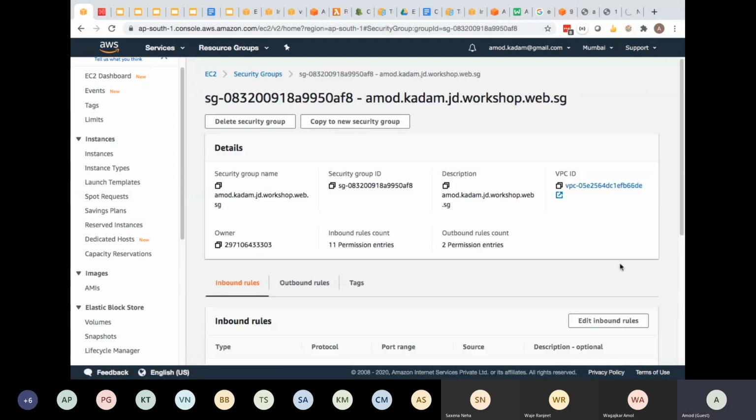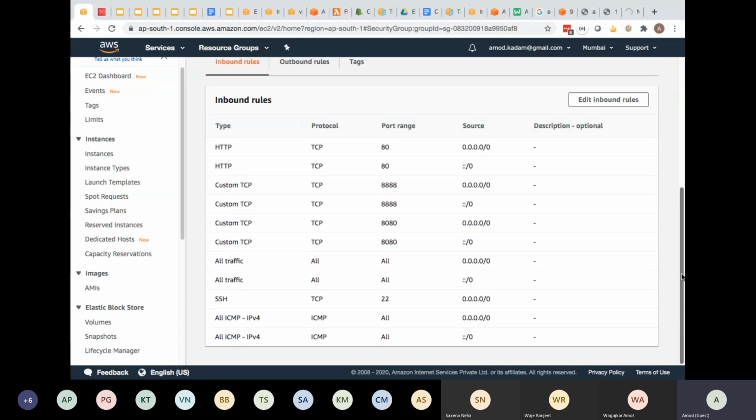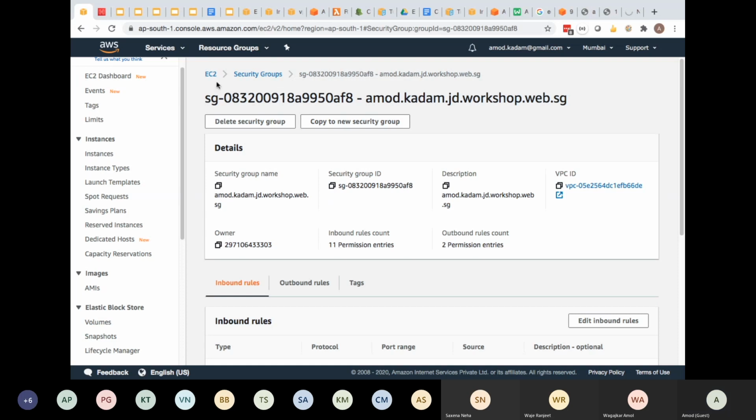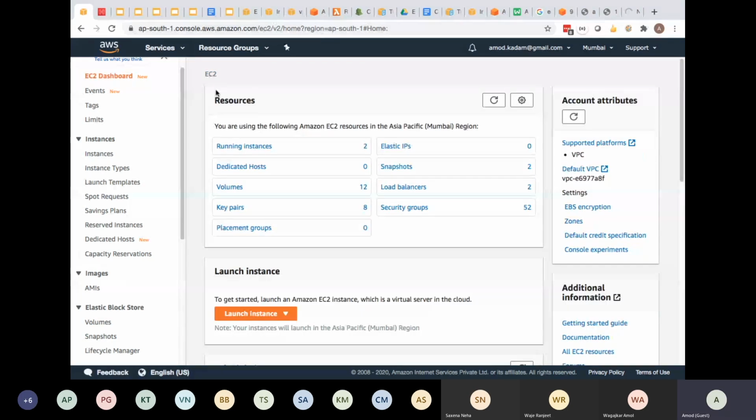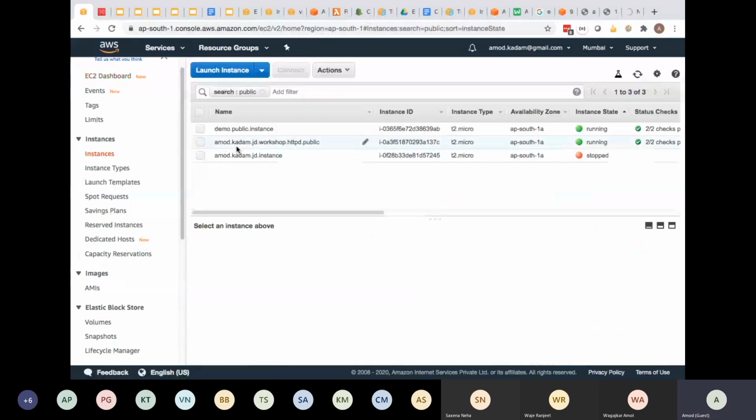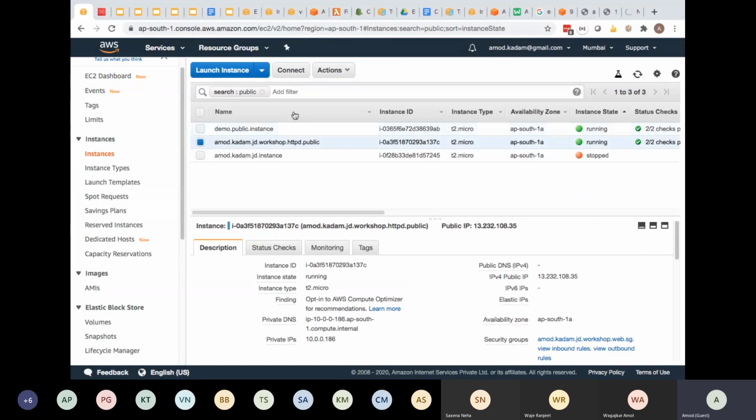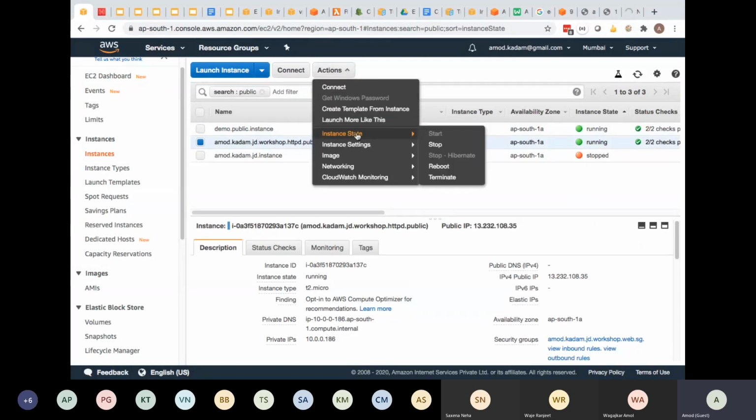So I will restart this instance once again. Let's see what happens. It should not be an issue because all the ports are kind of allowed here. HTTP, 8080 is allowed. One more point, I may not have mentioned this explicitly, but if I'm going to stop my instance,